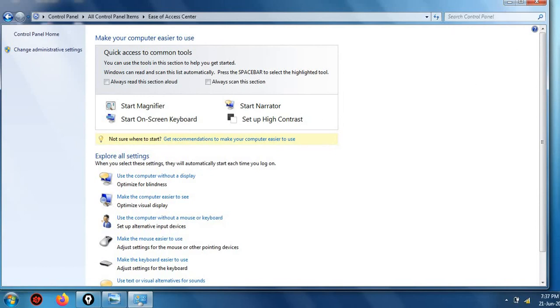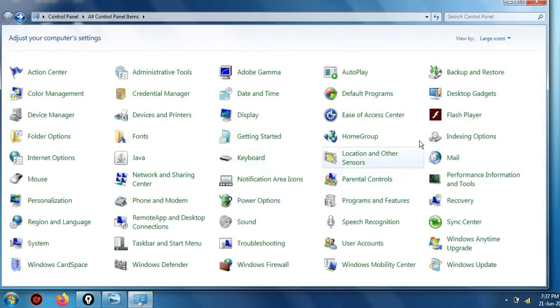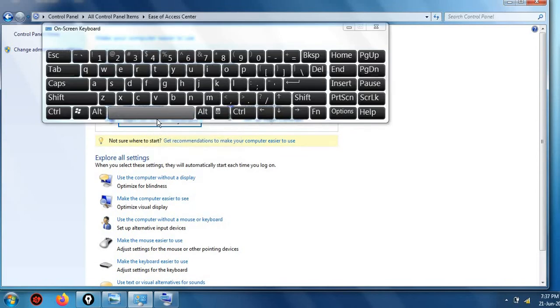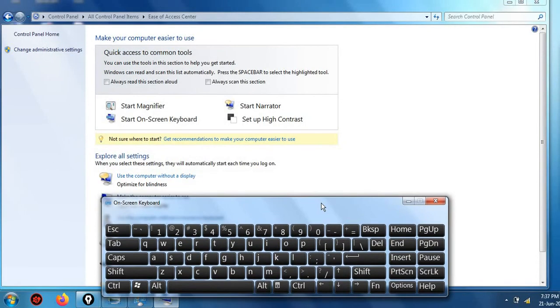For that, you have to open the Ease of Access Center, and here at the start you can see Start On-Screen Keyboard. I will click on it and the screen keyboard has been opened.